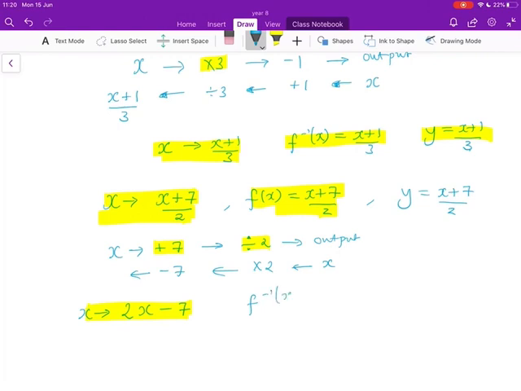If it's written like this for our function, then the inverse would be written like that. And if our function is written in this form, our inverse function would be